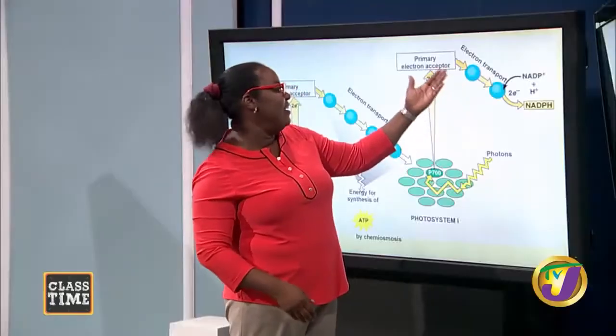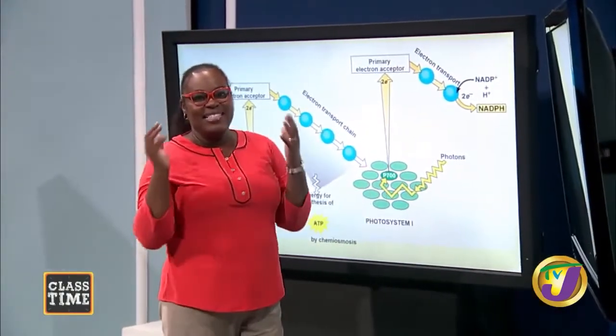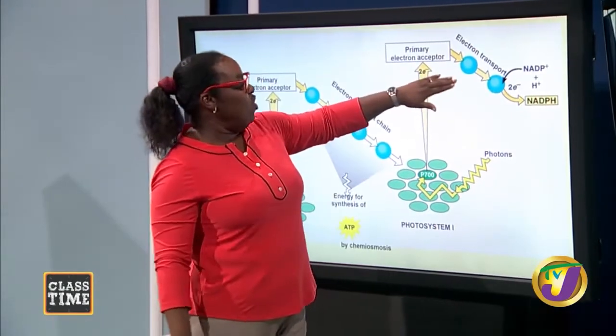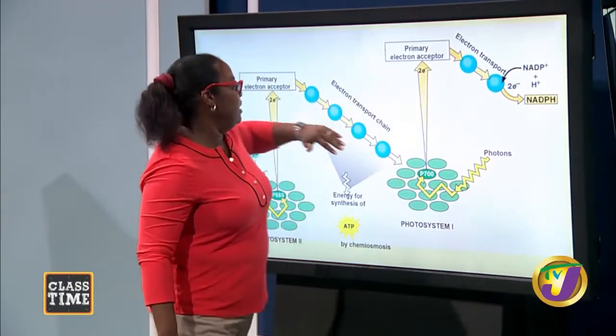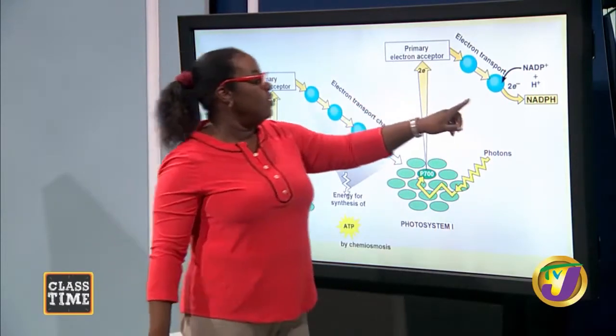for collecting the electron that came from P700. So instead, this is what happens. If you notice that this chain of electron transport is a little bit shorter than the first one that we looked at. And that is because the